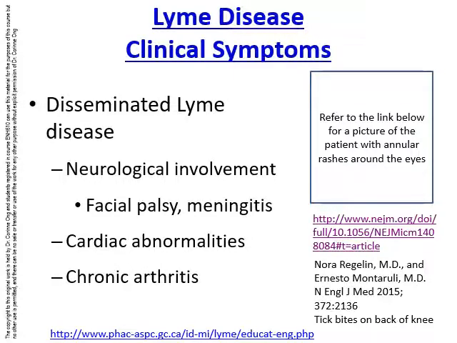beats per minute. There may also be chronic arthritis with joint pain, which although common in the elderly, is very unusual in young children. Multiple secondary annular rashes may also appear, such as the ones around the eyes of the boy in the picture. He was walking in a forested area 3 weeks before and was bitten by 2 ticks on the back of one of his knees.